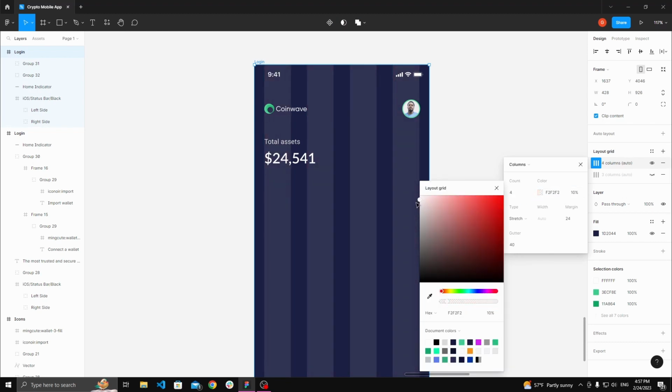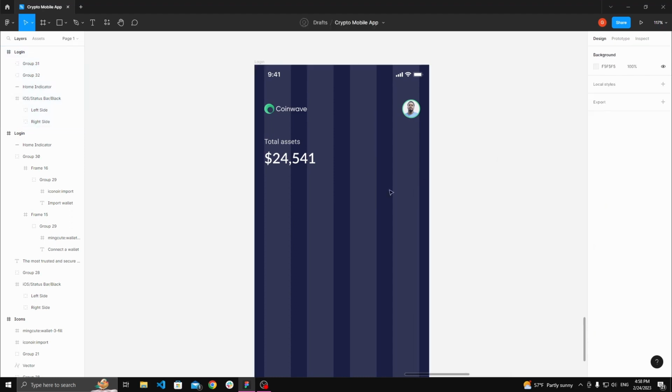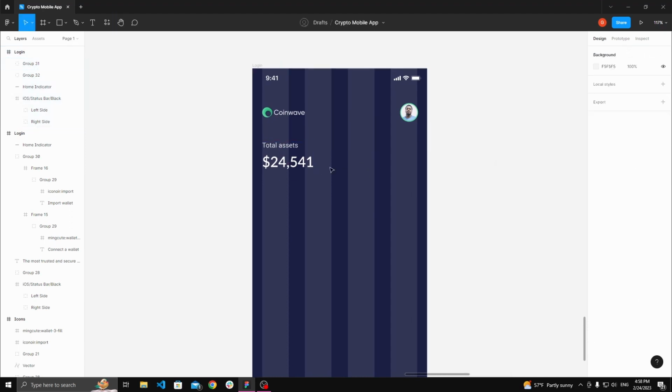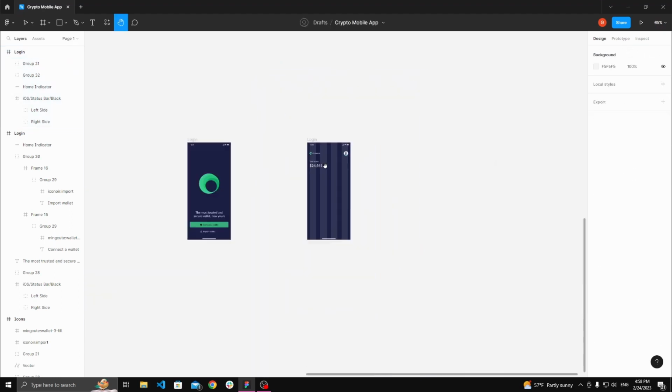Let's give the grid a slight light color. And what we forgot here for this component was the